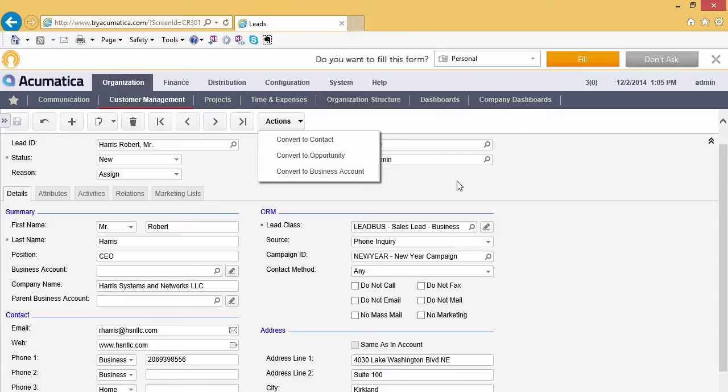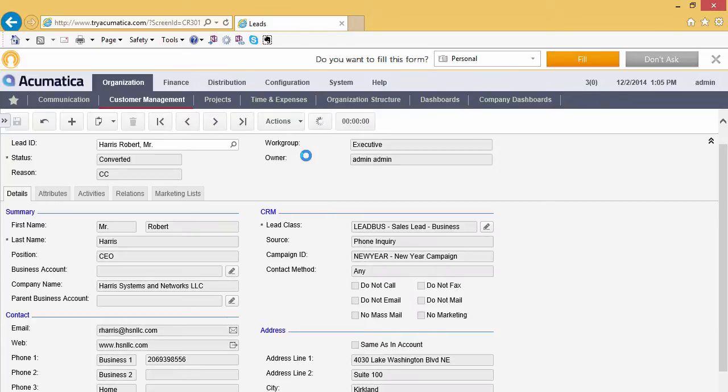Or I can convert them into a business account, which really is kind of like turning them into a customer. All right, now that account can be somebody who trades with me on cash terms. Maybe I might want to give them credit terms or whatever the case may be. But it's that basic accounts receivable or accounts payable business master file. Or I can say, you know what, I'm not quite ready to do that, but I now want to start tracking an opportunity. So I go in here and I just say convert to opportunity, and the system works away